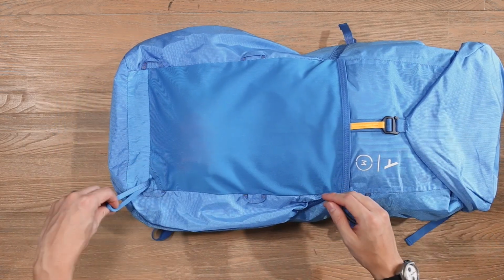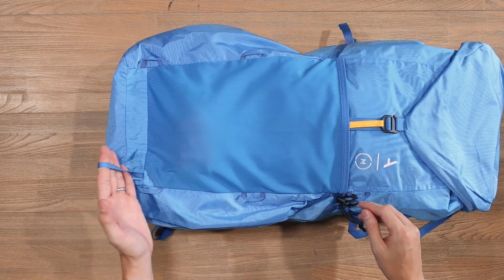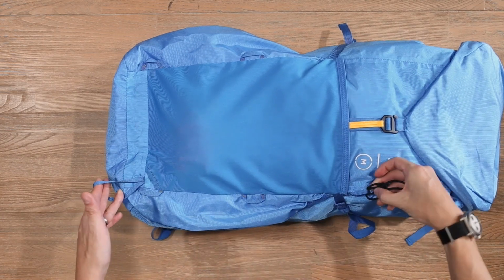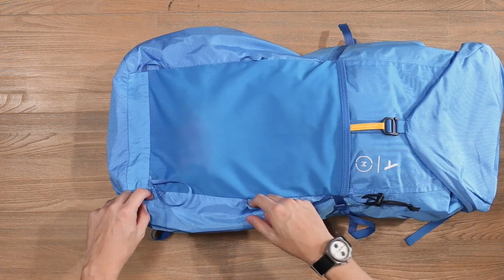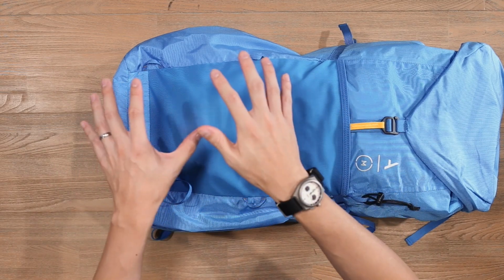Starting at the bottom of the bag, we've got a little loop here for attaching gear on. This is particularly helpful if you want to secure any trekking poles, ice axe loops, anything like that. You can feed them through that pole there. You've also got an accompanying cinch toggle at the top there just to secure your equipment on that side. We've also got accessory loops on the sides here. This is good for attaching on maybe a helmet, any other equipment that you want on the front face of